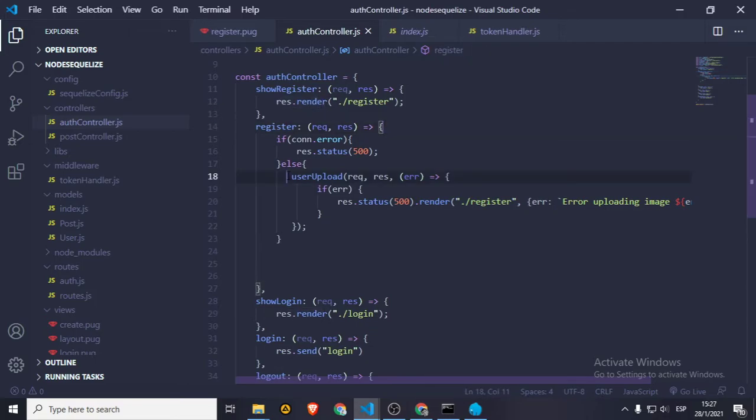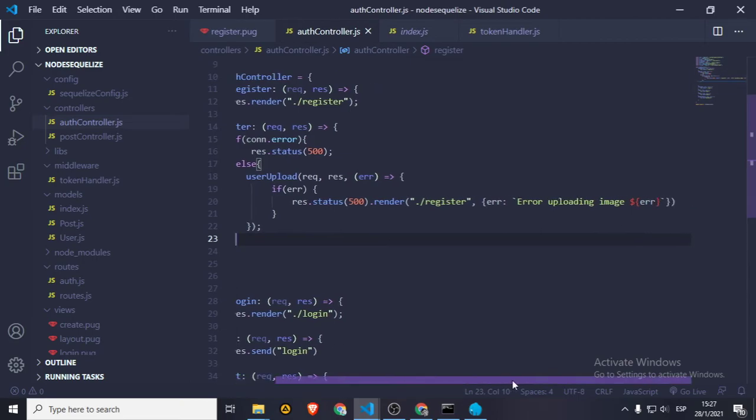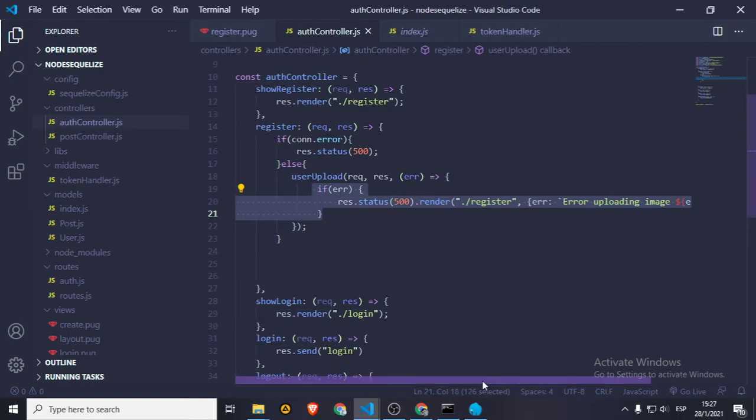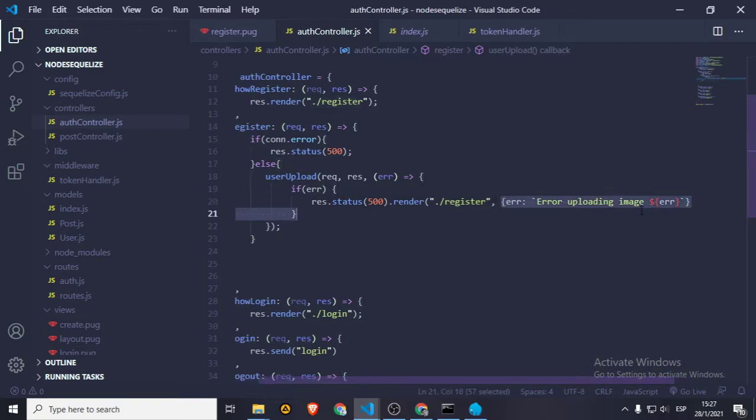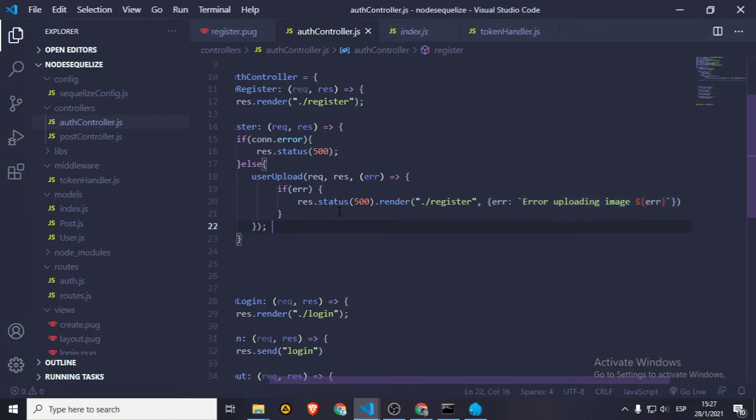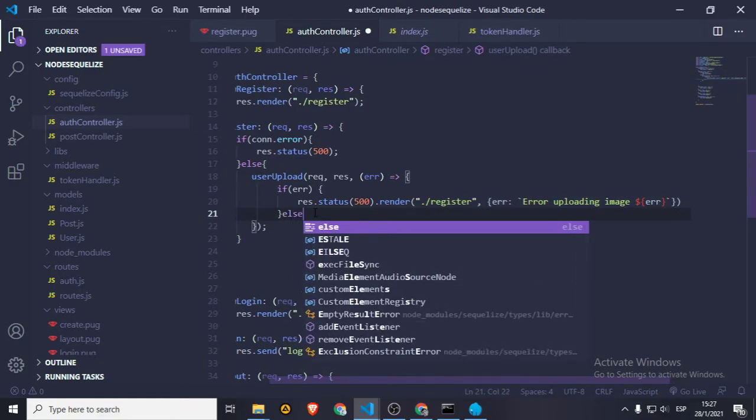Okay, it needs to be inside the user's object function, and we need to handle if the file is there or not. So if we have an error in all this process, then we're going to render a 500 status and pass the view, and with that we're going to pass an error that we are able to append inside the template. Okay, else,